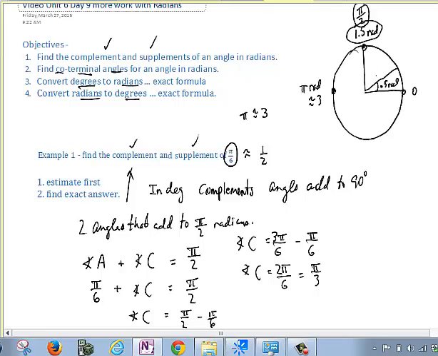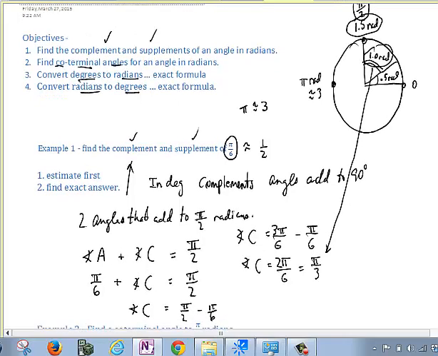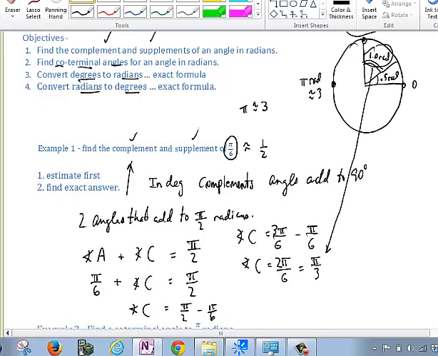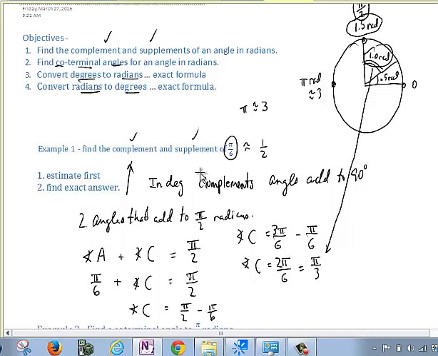So my complement is the remaining angle to get to 90. And that would be equal to 1 radian as an approximation. Checking that answer against this answer, you could see that they correspond because pi is approximately 3 and this is approximately 1 radian. To find the supplement, you would be doing the same sort of work, except